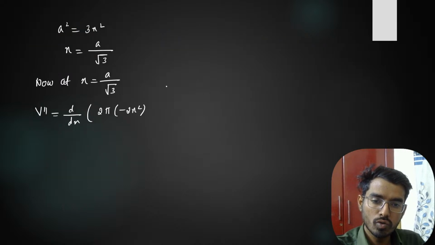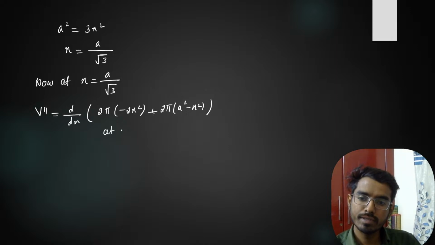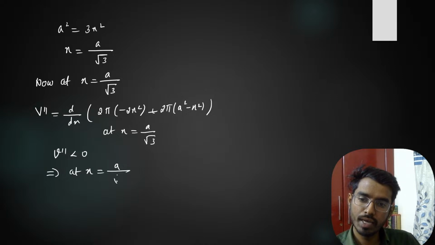And here 2 pi A square minus x square. You differentiate, and then at x is equal to A by root 3, this v double dash will be less than 0. That means at x is equal to A by root 3, it attains maximum value,